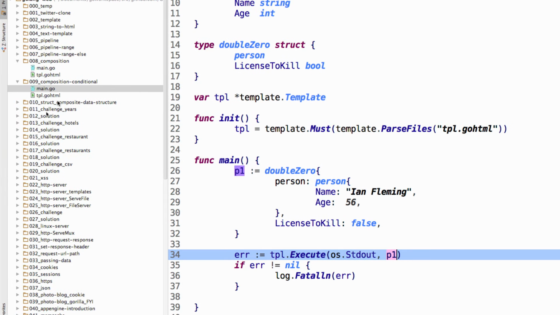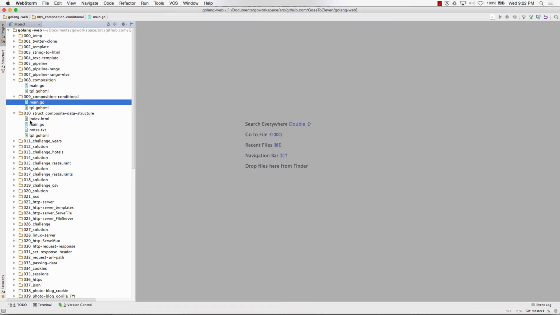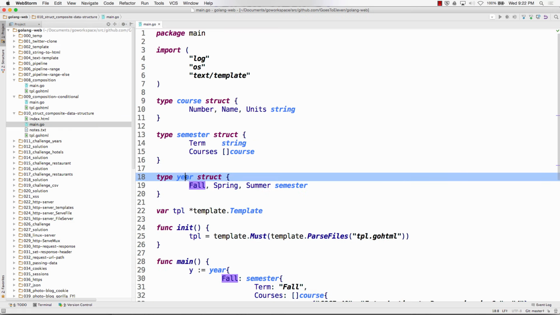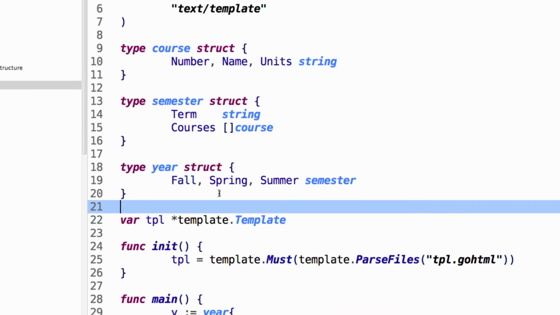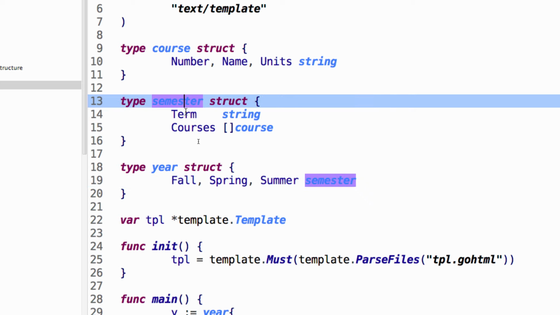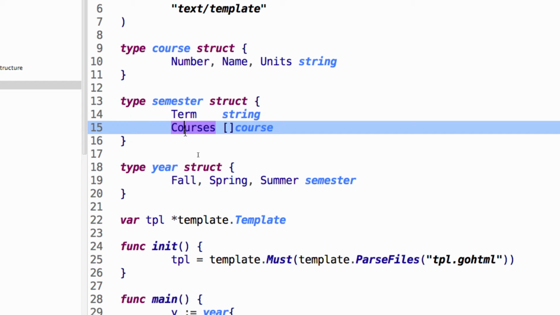And then composition can get even more complex. Course, semester, year. So this is like a school, right? So every year we'll have a fall, spring, and summer semester. Each semester will have a term, which is the name of the semester, and a slice of courses, which is just a bunch of different courses. And each course will have a number, name, and units. And so then we just pass in